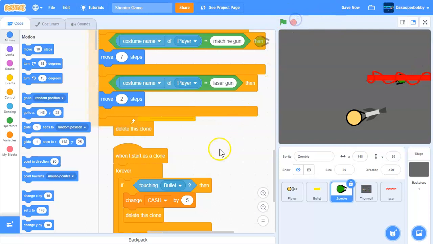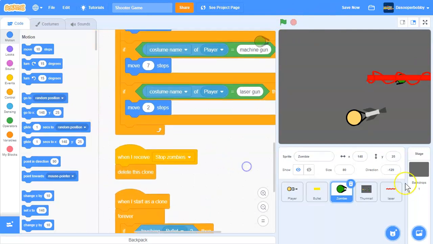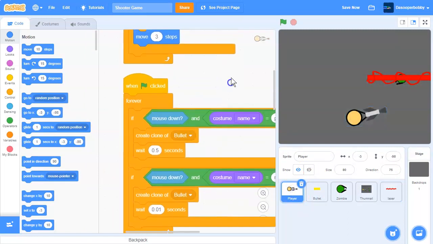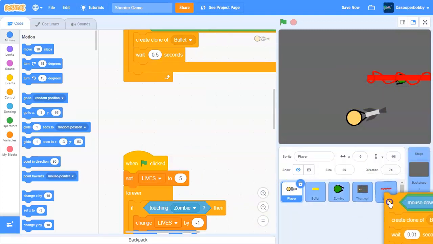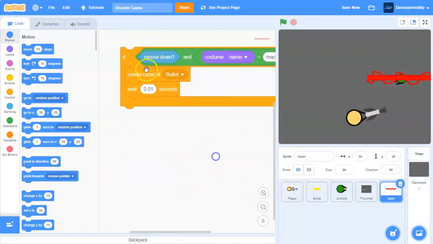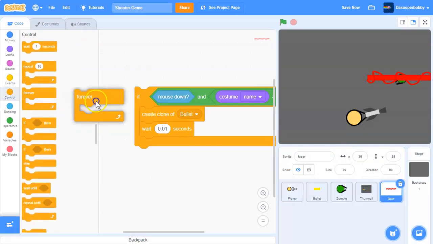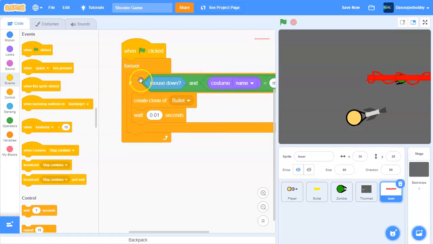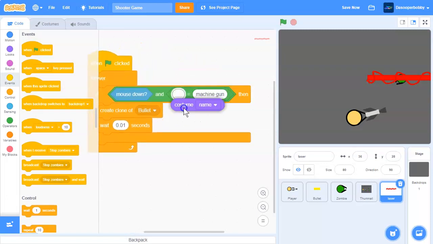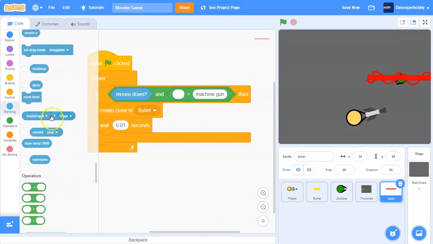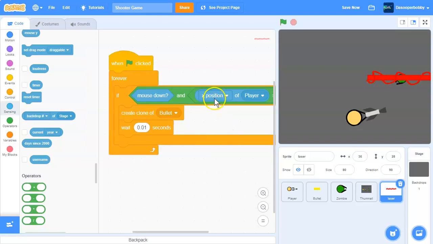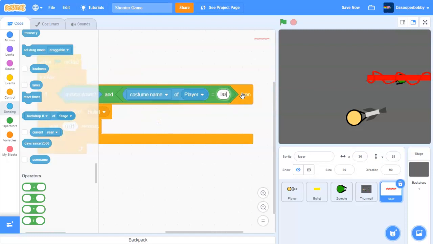Okay, so now what you want to do is go into your laser sprite and drag this into the laser sprite. So now it's there. Let's put a forever loop around that, and a when green flag is clicked. If mouse down, and our costume, we don't want our costume name. We'll get this block called backdrop of stage, and we'll change this to player. So if mouse down and the costume name of player equals laser gun,